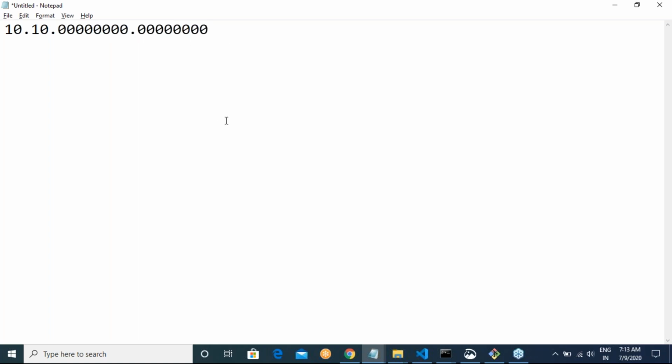But the problem is, this is the fixed part. Since I have to take 10 bits out of it, this is fixed. So the only area which I can play with is this one. So initially I'll be writing 10.10.0.0/22. Is there any confusion over here?